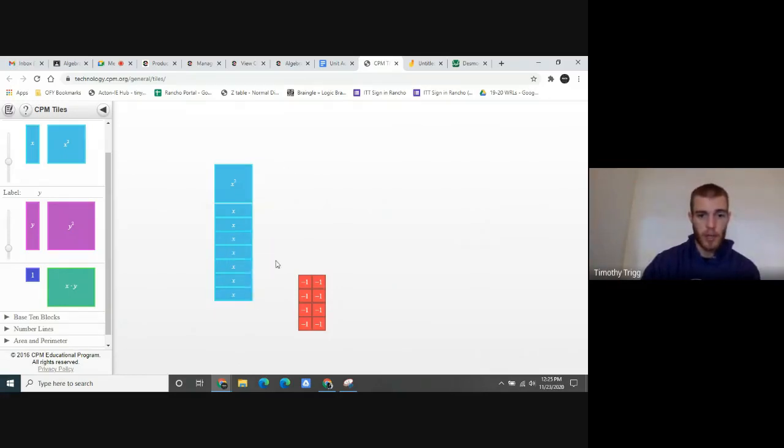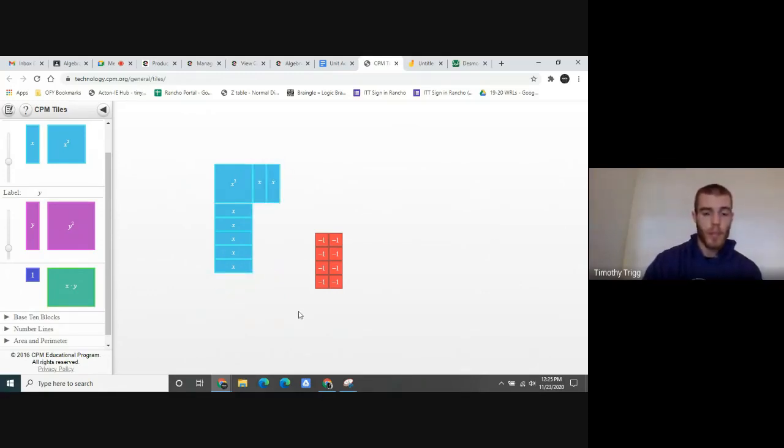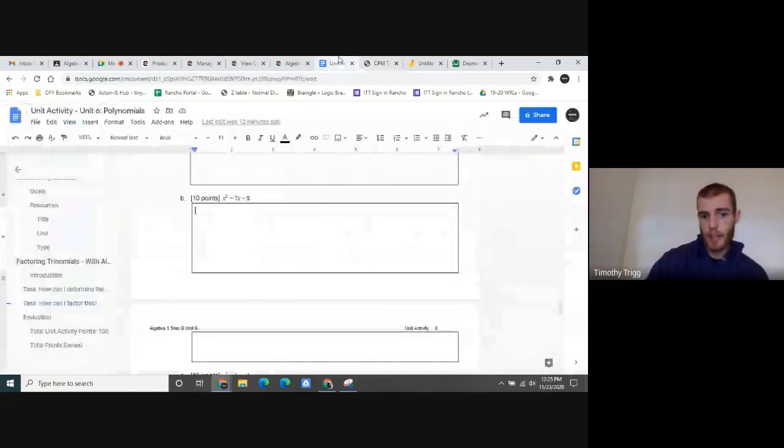If we put all of them together on just the bottom right here or along the side, this won't fit in to make a perfect rectangle either. It looks like there's nothing that's going to work to make this a perfect rectangle. And basically the reason why, I could just look at this trinomial and already tell that there's no way I could factor it, because I'm looking for something that multiplies to give me -8 and adds up to give me 7. Well, maybe